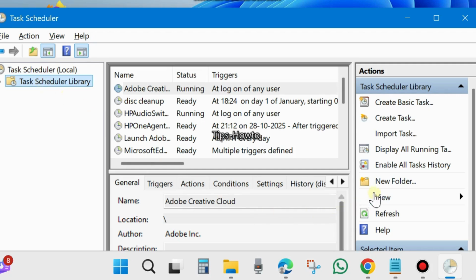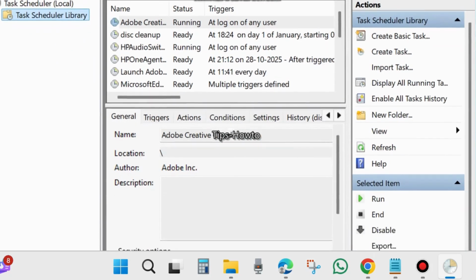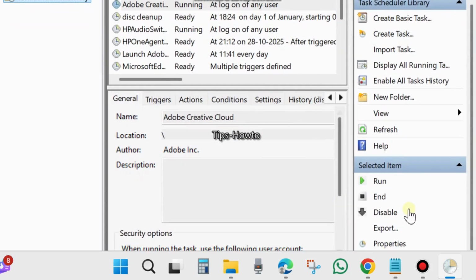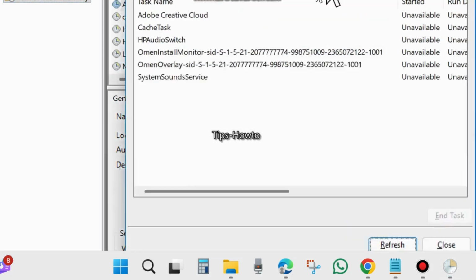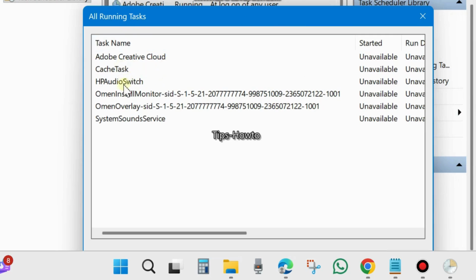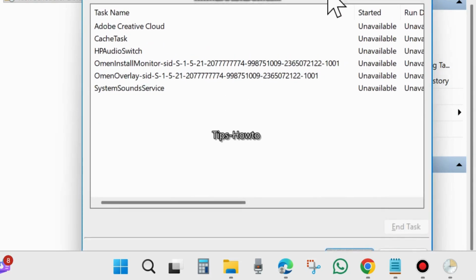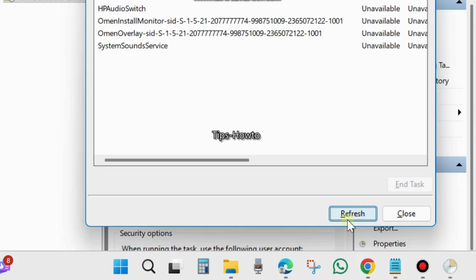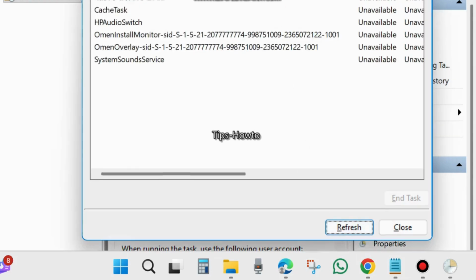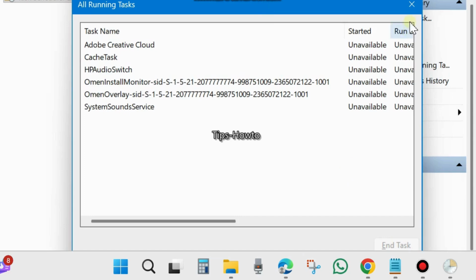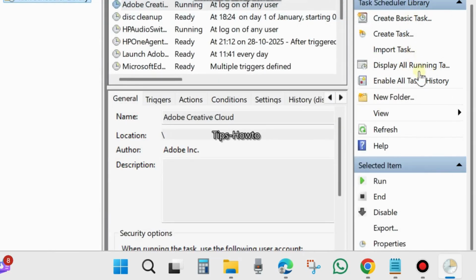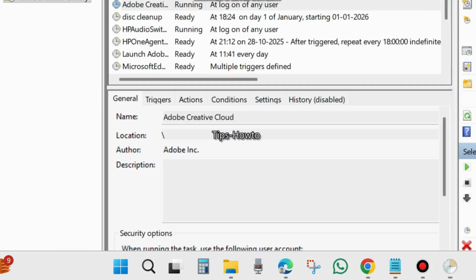Thereafter, go to Task Scheduler Library. Here you can see all the tasks you have created. All are visible here through the task library. You can see all running scheduled tasks. After the Task Scheduler settings, you must refresh your page. And you have successfully created a